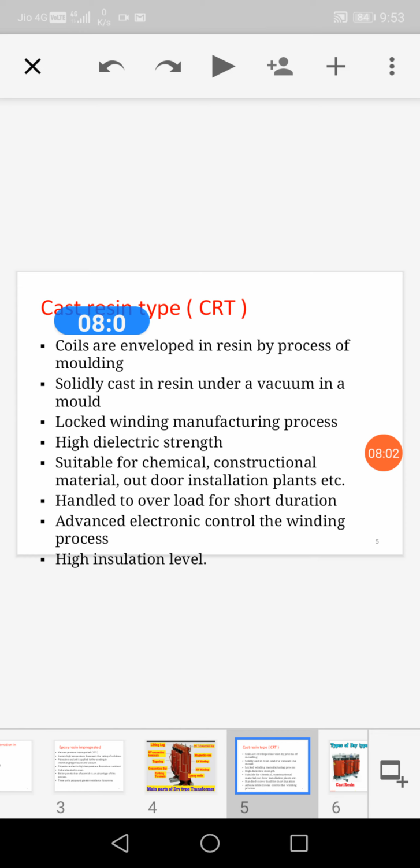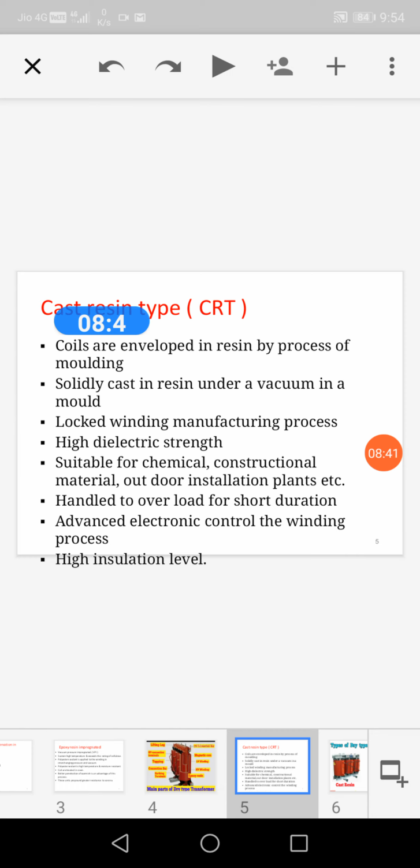There are a few differences between the cast resin and vacuum pressure, meaning epoxy resin dry transformers. Coils are involved in resin by the process of molding. Solid cast resin is under a vacuum in a mold, and locked winding manufacturing process, high dielectric strength, suitable for chemical and construction material plants, outdoor installation,